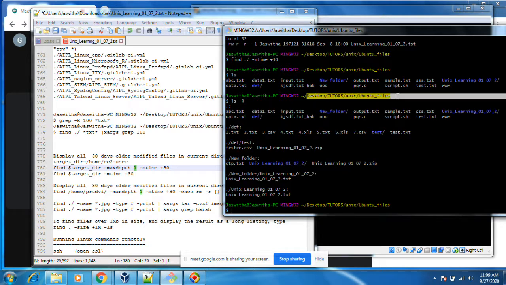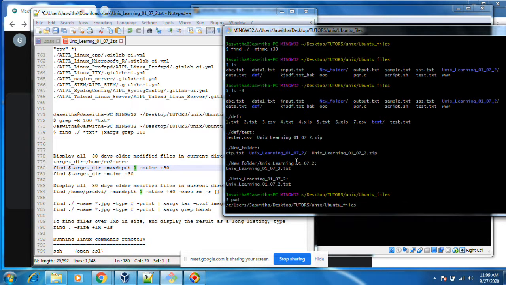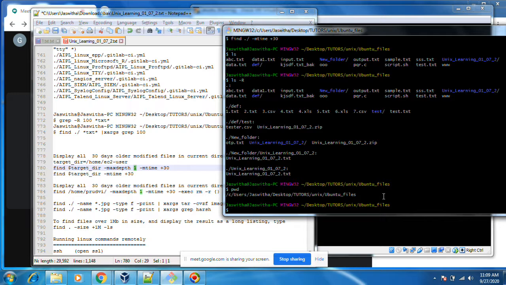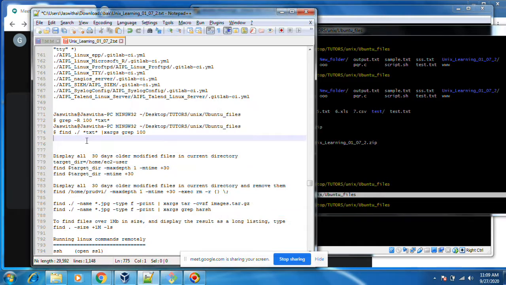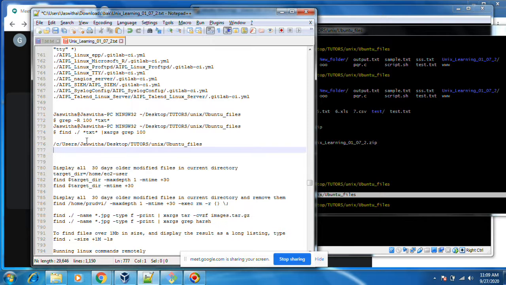If you think this is the full path, after Ubuntu files there will be some other folders, again something like this one, this one. By default, find will search all files and directories inside all these folders.